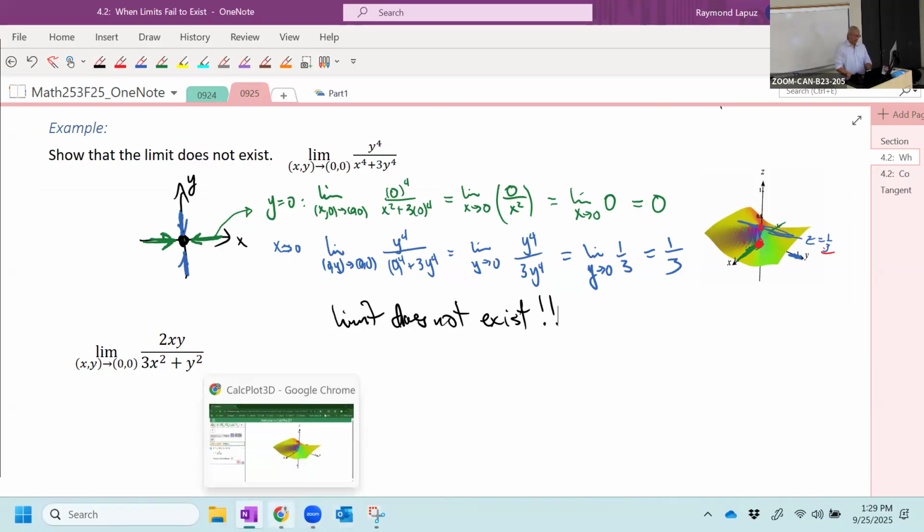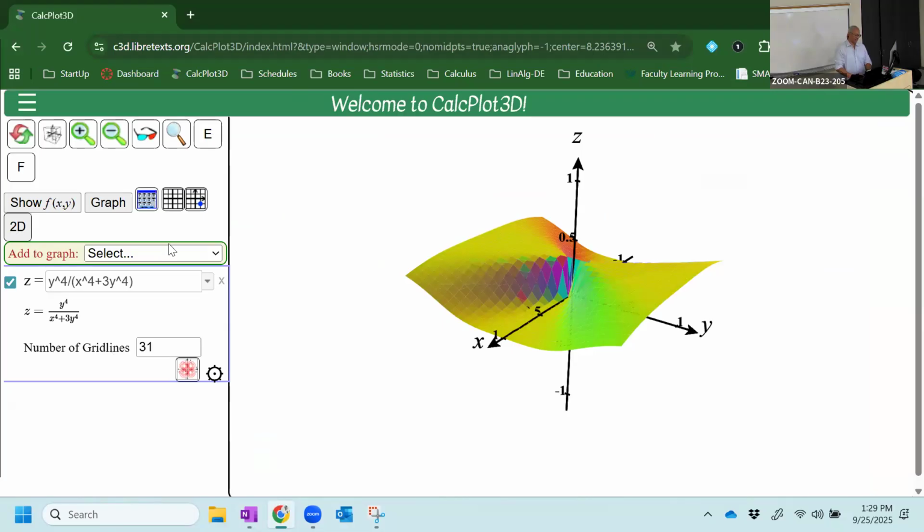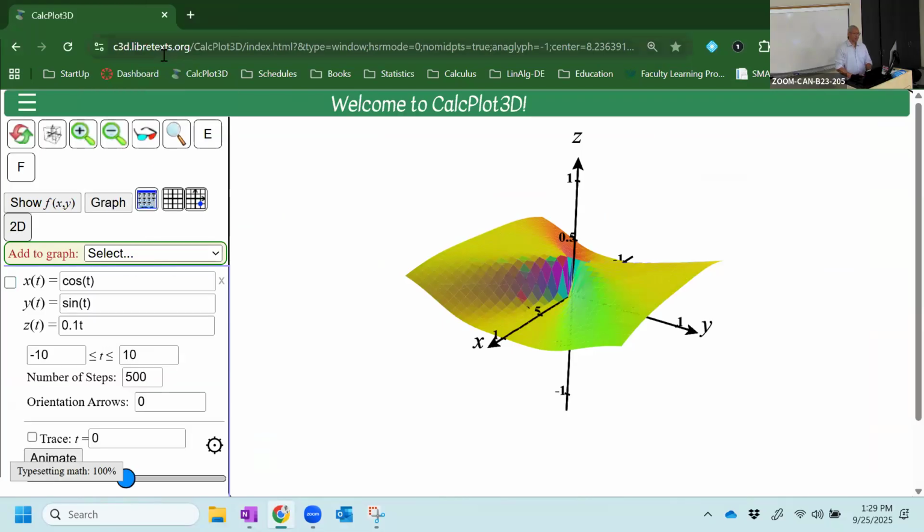Speaking of paths, we're going on another tangent. Speaking of paths, I want to express these paths to see how they actually look with respect to the graph. Now, for a path,